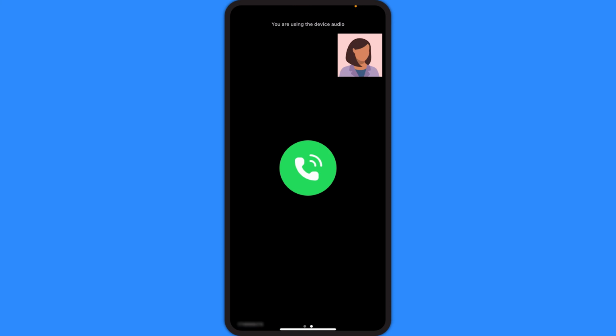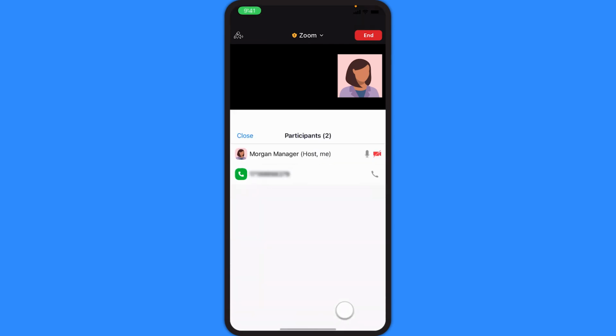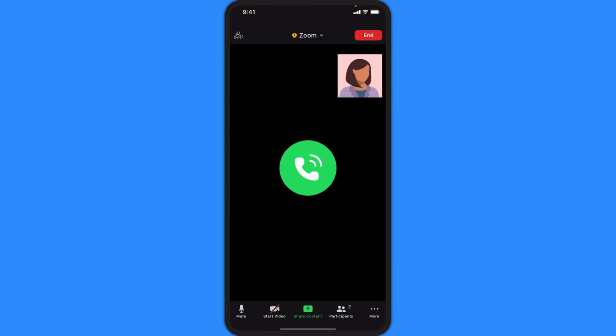However, if they are on a typical phone, they will join the meeting as an audio-only participant. Anyone who is an audio-only participant can be identified in two ways. First, only a phone will appear in the participants list next to their name, and a big green phone icon will show where a profile picture or their video would normally display. Nothing will seem different for them, but now you can add as many people to the call-turned-meeting as your meeting's license allows.